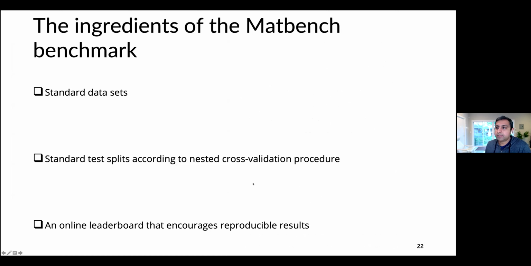Okay, so what we wanted to do was to have a benchmark like ImageNet for material science, which we called Matbench. And to us, the 3 ingredients were having standardized data sets that everybody always runs the algorithms on, the same data sets. Standardized test splits, so even within the same data set, to make sure that you're training and testing on the same part of the data. And then finally, an online leaderboard that has the best performing algorithm, and also details on how to reproduce the data yourself. So the online leaderboard not only makes sure that the results are reproducible, but also helps incentivize people to try and get on the leaderboard and say, okay, ours is the best for these tasks, et cetera.